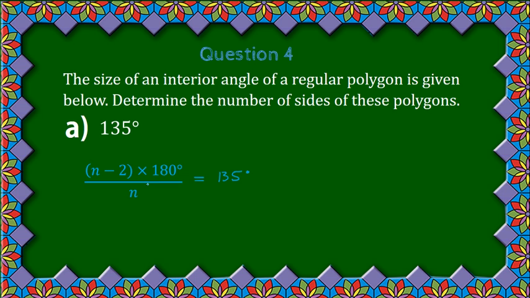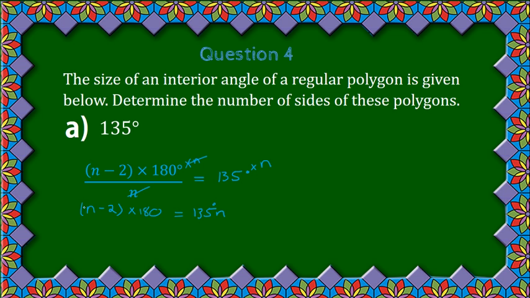So to start off, when you have an equation and you've got fractions, the first thing you want to do is to get rid of your fractions, and in doing that we multiply each term with our lowest common denominator. In this case it's just n. So on this side I'm just going to cancel. So what I have left here is n minus 2 times by 180. Okay, let's just do that for now. And that's 135